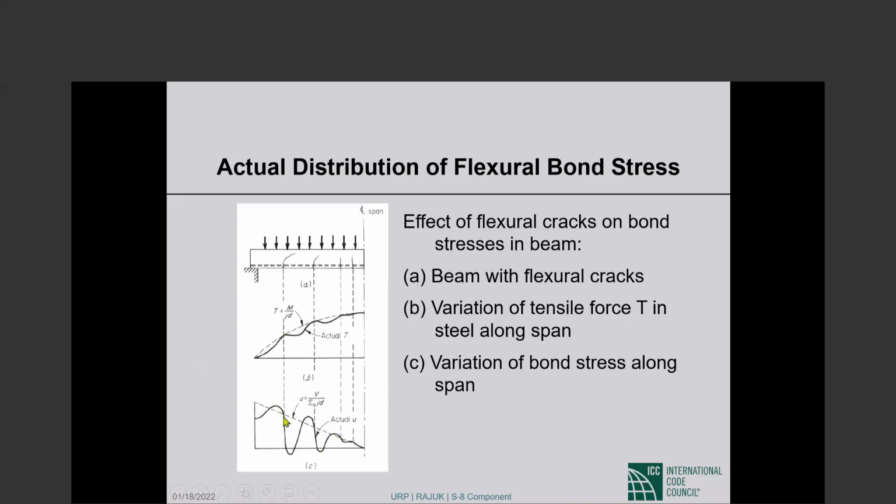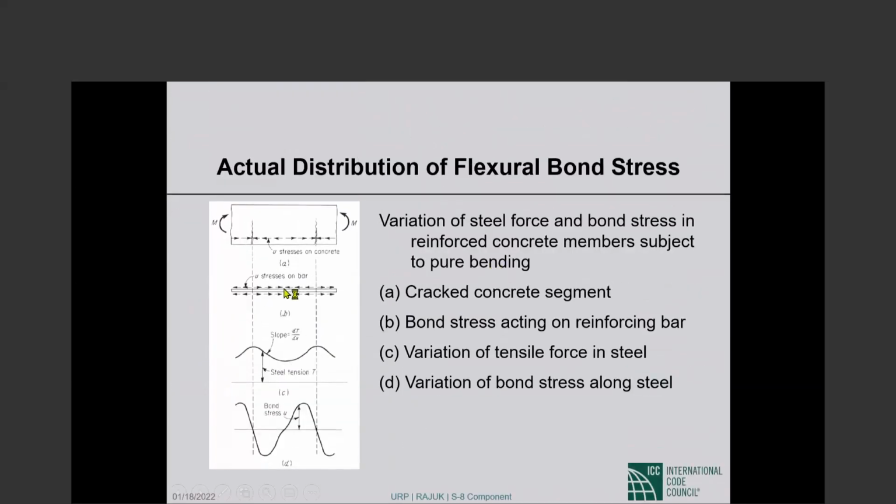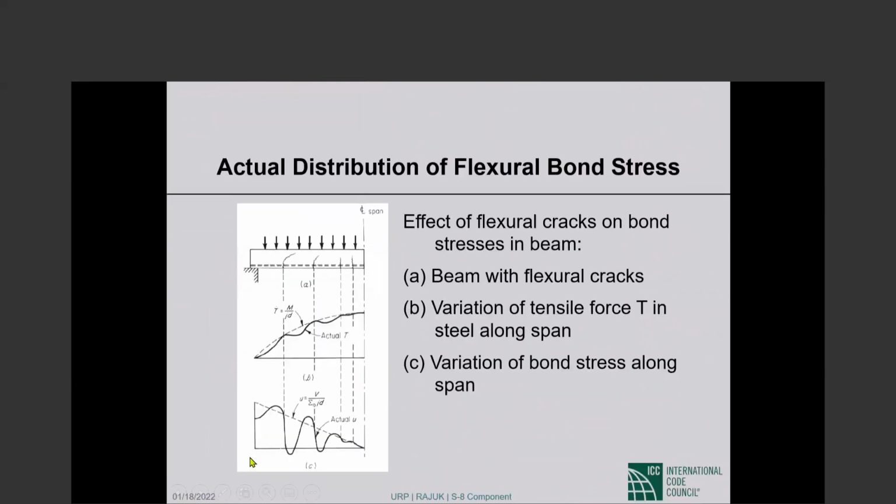Okay, so this is a crack. Close to the crack, we have the highest bond stress in one direction. After the crack, it is highest bond stress in the other direction, and so forth. And these directions are important. As I pointed out, at the crack, the direction of the bond stress changes. So this is the variation of bond stresses along the left half of the beam